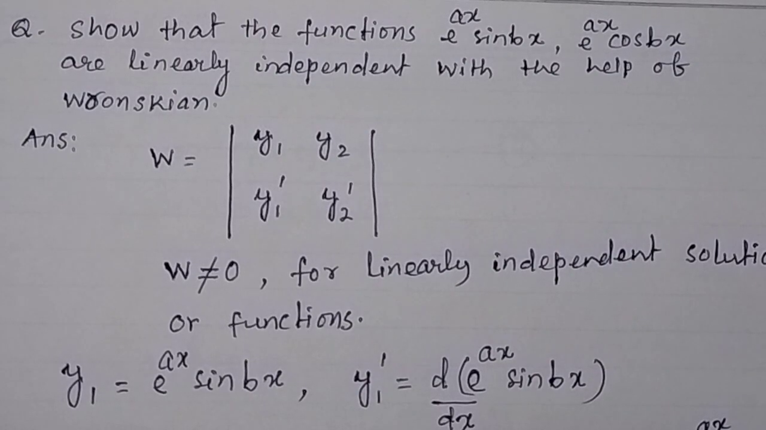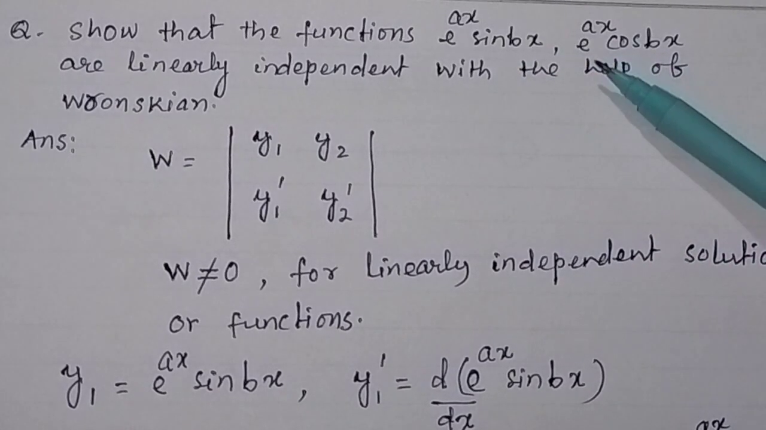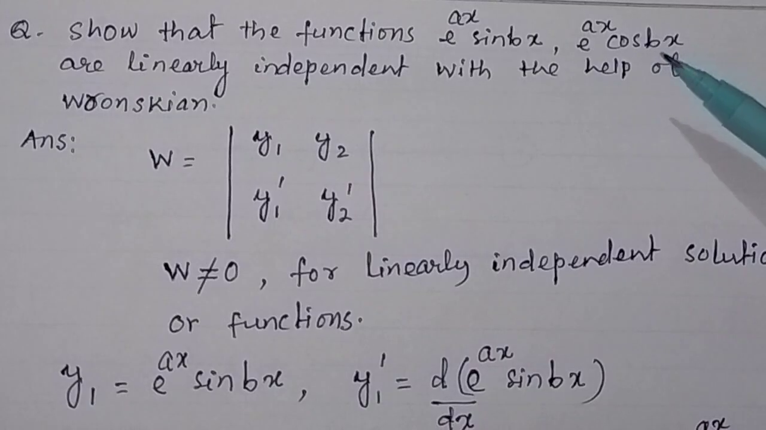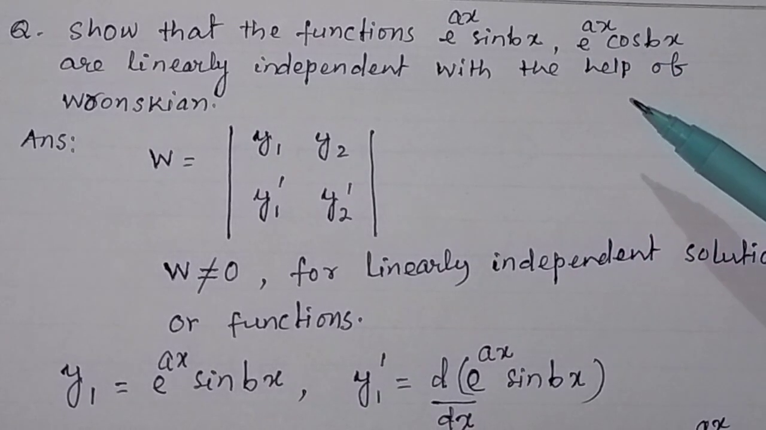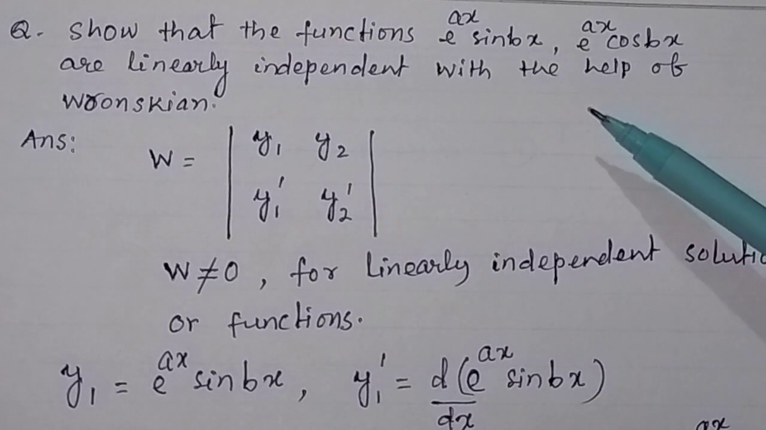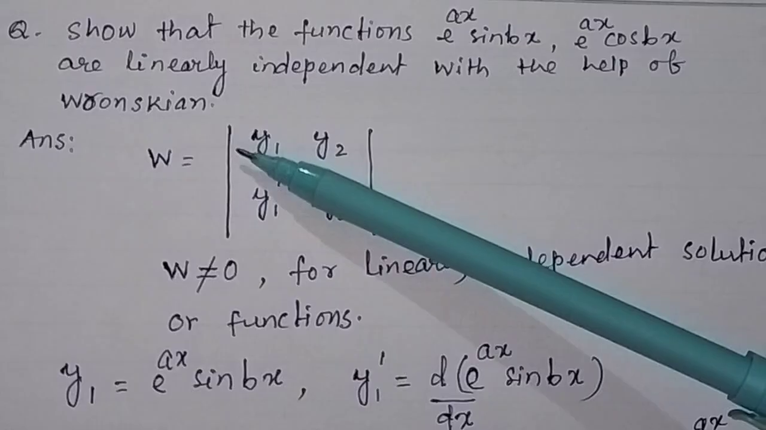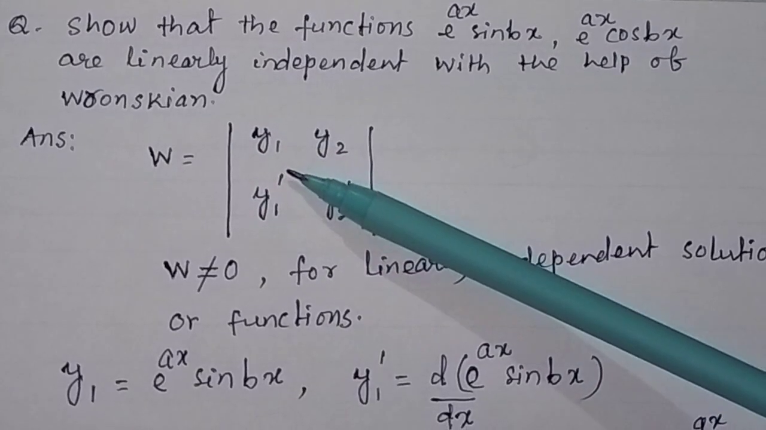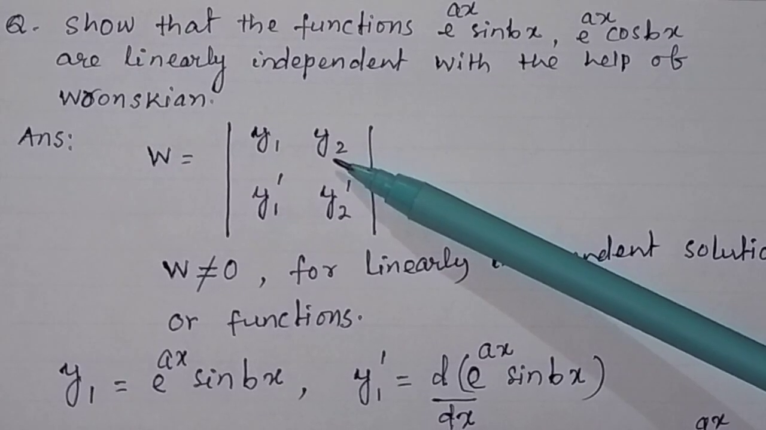In this problem, we will show that the two given functions, e to the power ax sin bx and e to the power ax cos bx, are linearly independent with the help of the Wronskian. We know the Wronskian is defined as the determinant of y1, y2, where y1 and y2 are two functions or